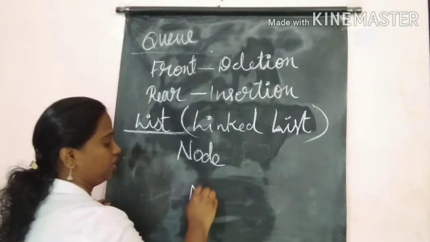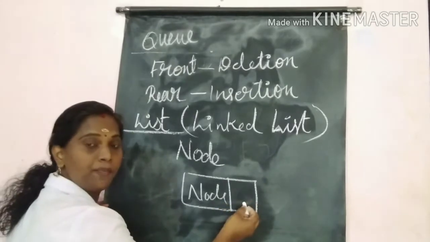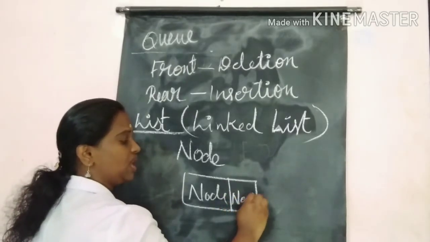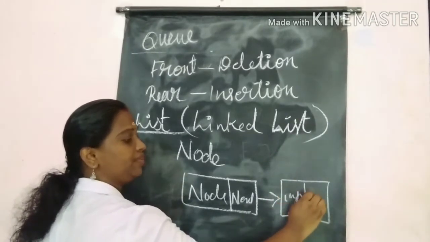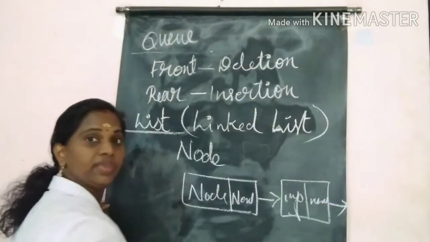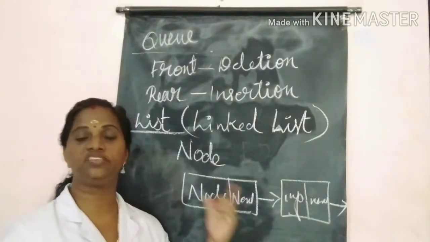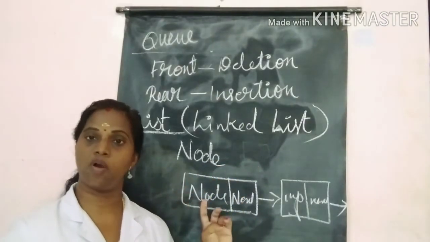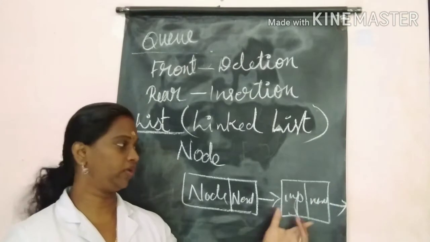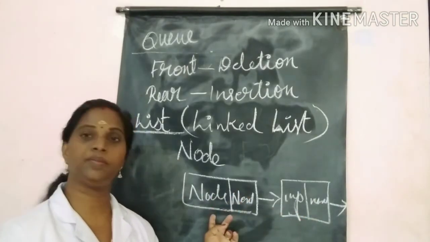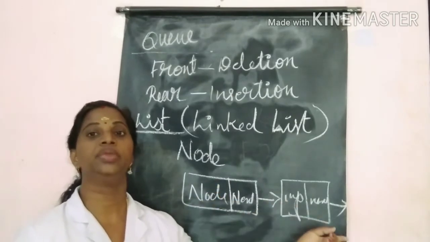So we can write here node. Here we have one pointer, that is the next pointer, that will point to the next node. Here also info and next. It again points to the next node. Clear? In a linked list, each node or each element has one pointer. That pointer will reference the information of the next node or next data. The node has two parts, an information part and a next pointer. One information part and one reference pointer to the next element.